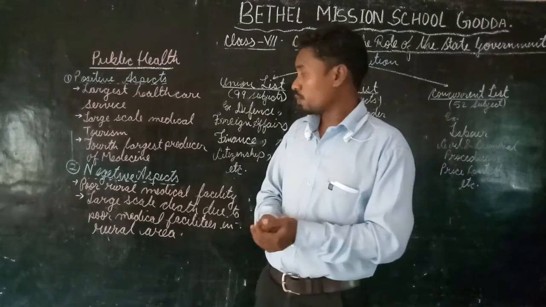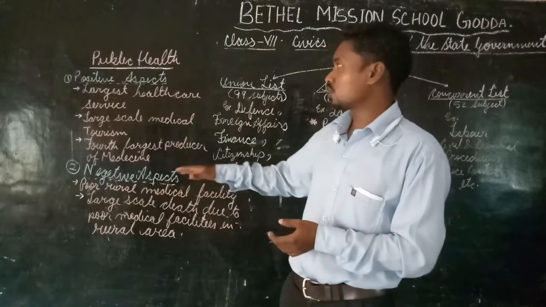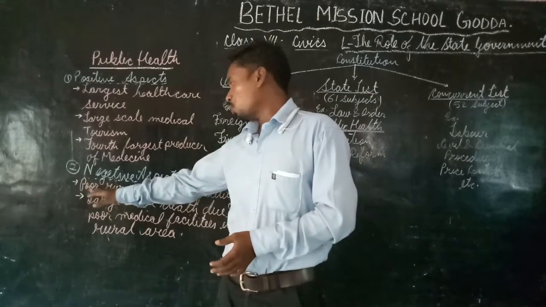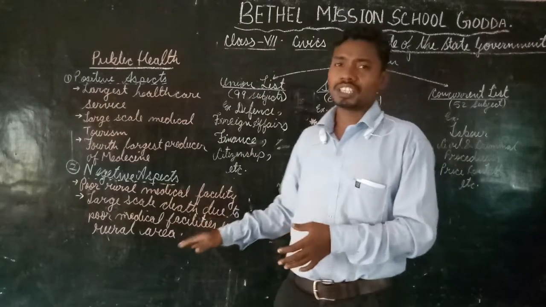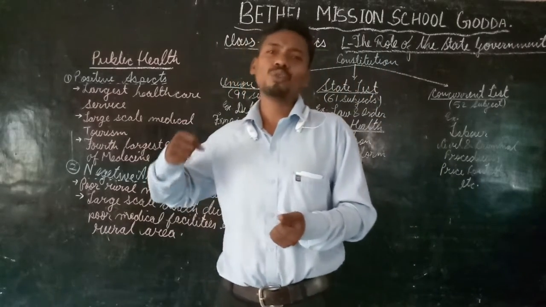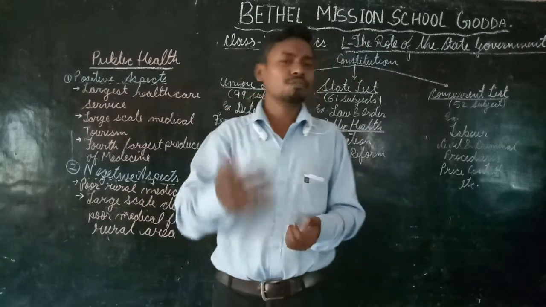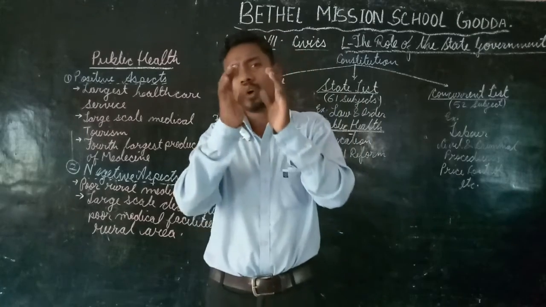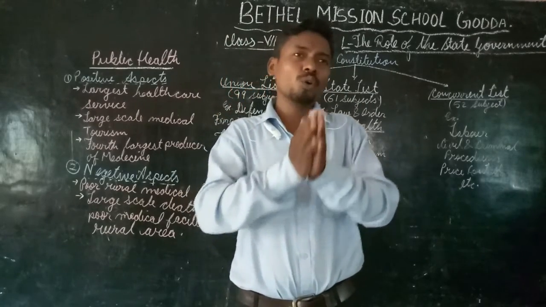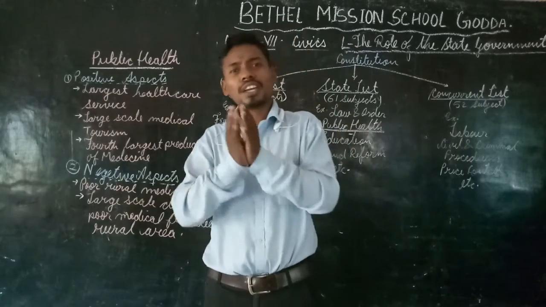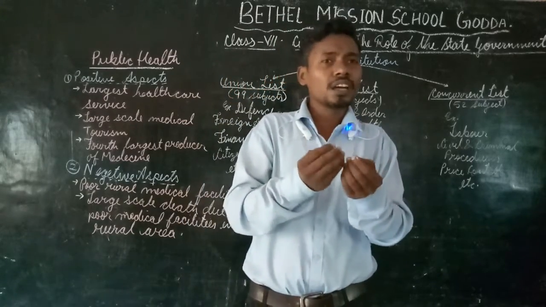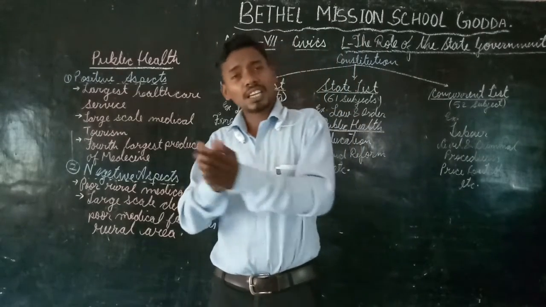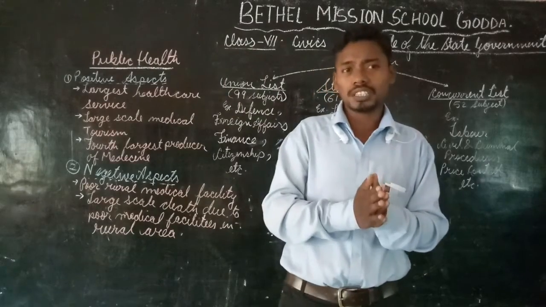And now we will go for some of the negative aspects of public health in India, and that is poor rural medical facilities. However much we boast of a very standard level of medical facility in India, these standard medical facilities are confined only to urban areas. We know that only 25 to 30% of the area of India is urban, and the remaining 70 to 75% is rural, and these areas lack good medical facilities.